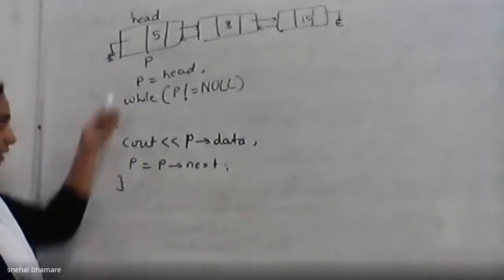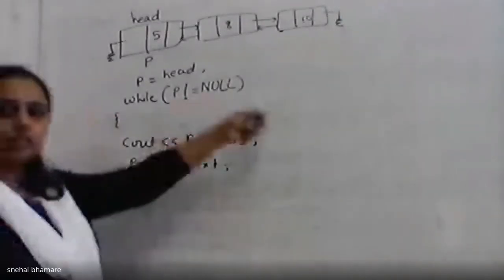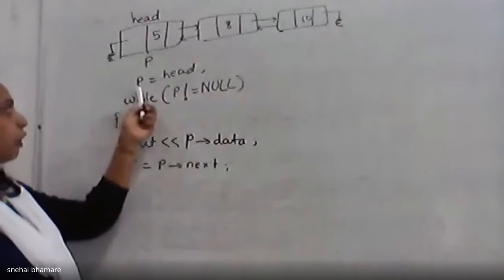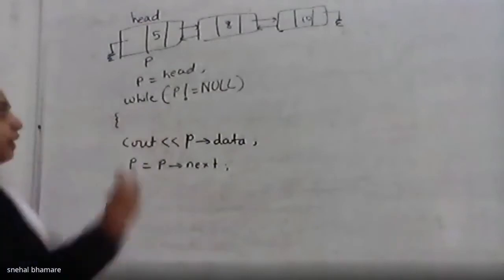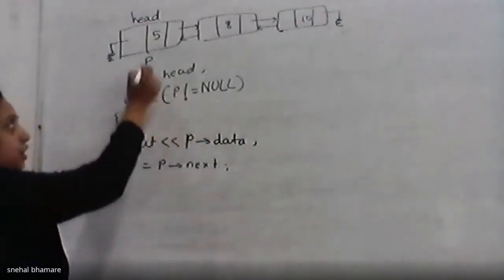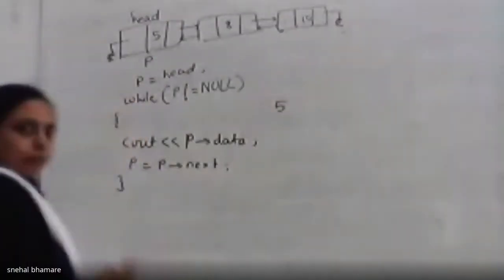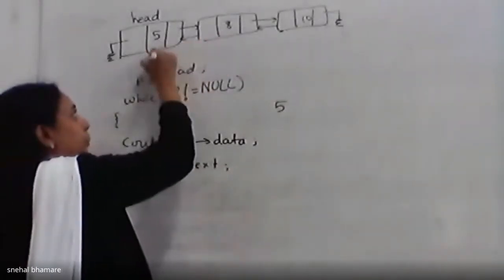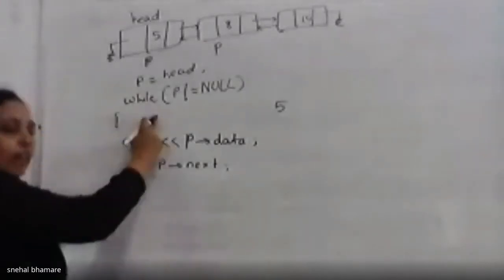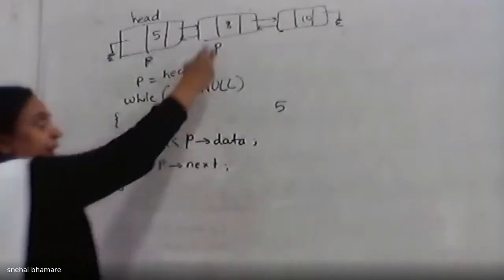So these are the statements that will come in the display function. If you are going to display the data of a doubly linked list in the forward direction, you have to use these steps. First we point the head node by a temporary variable p. After that, while p is not equal to null, check the condition. Is p null? No. So display its data; 5 will be displayed first. Then p equals p next. P next is this node, so p will now point to this node. Again check the while condition. Is p null? No. Cout p data; p data is 8. After 5 it will display 8.